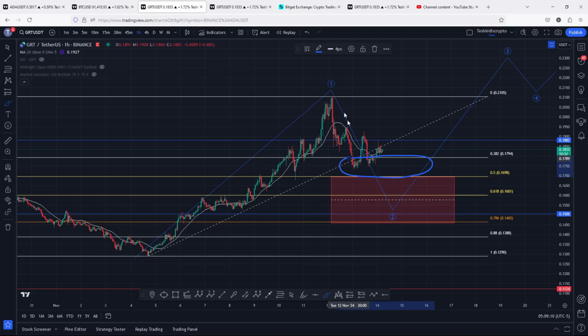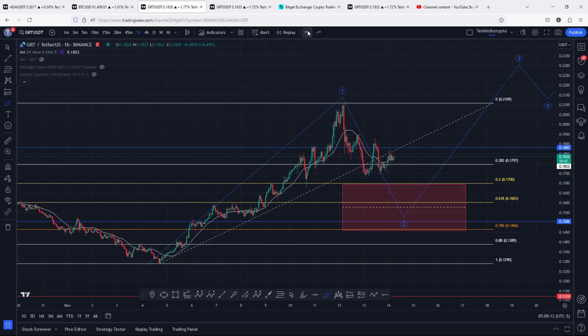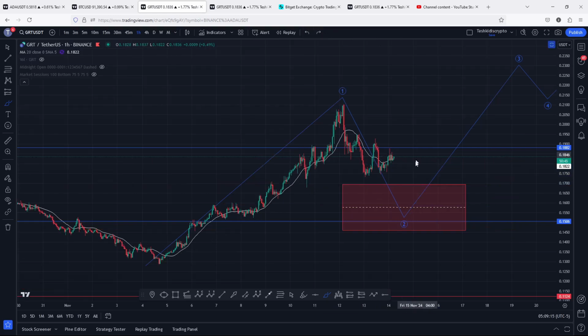And there are high chances that in the next coming hours, if we manage to break above key areas of resistances, like the area above the 0.1882, flipping it back into support, and also manage to break above the high that we made in this wave 1 above the $0.2106, there are high chances that we are going to see a very impulsive movement to the upside in an additive count 3,